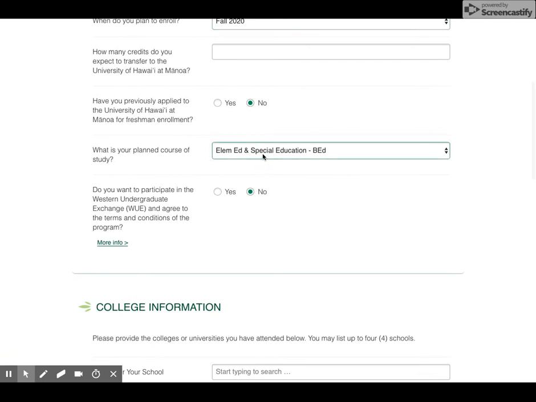And then you're going to want to put in your planned course of study. They do have different options. So let's say you're pursuing the elementary dual, which is our exceptional students and elementary education program. Then you're going to want to choose this one, elementary ed and special education, BED. Otherwise, if you're looking at doing our statewide early childhood and early childhood special education, you're going to want to